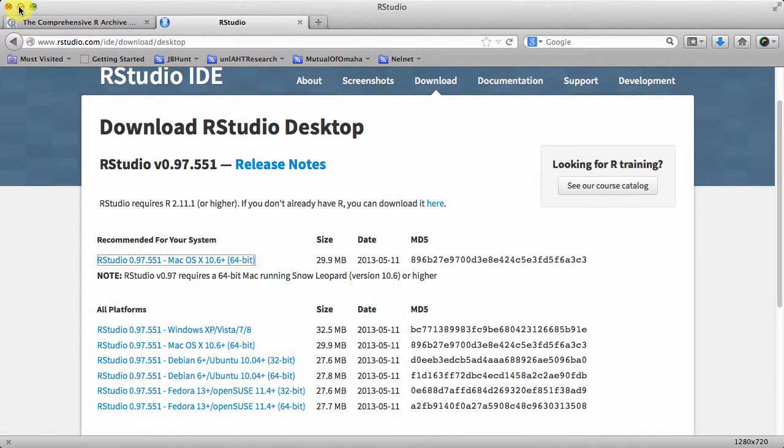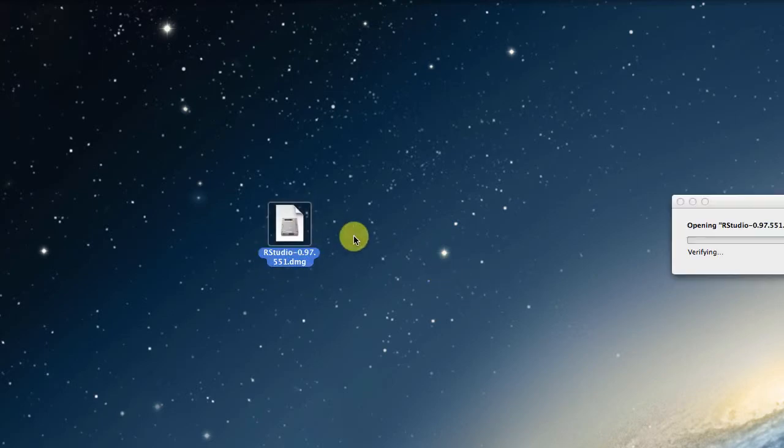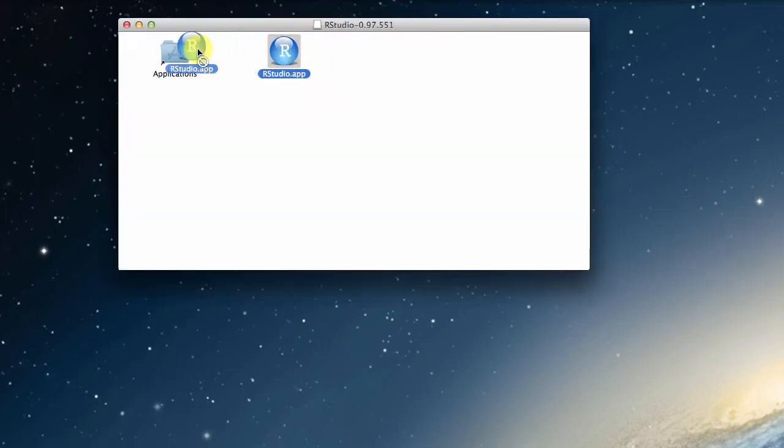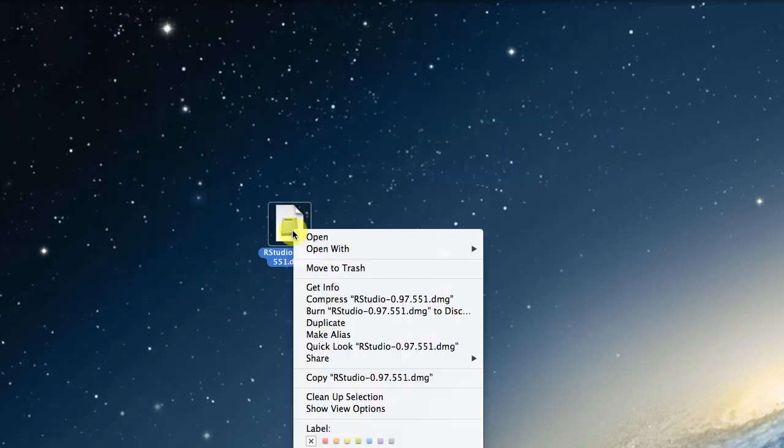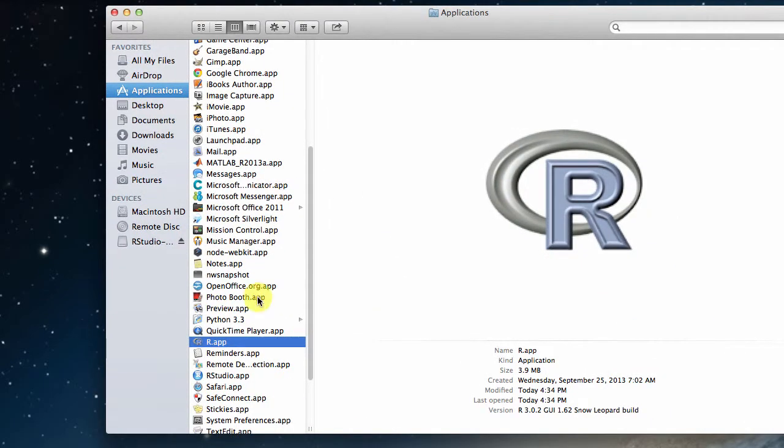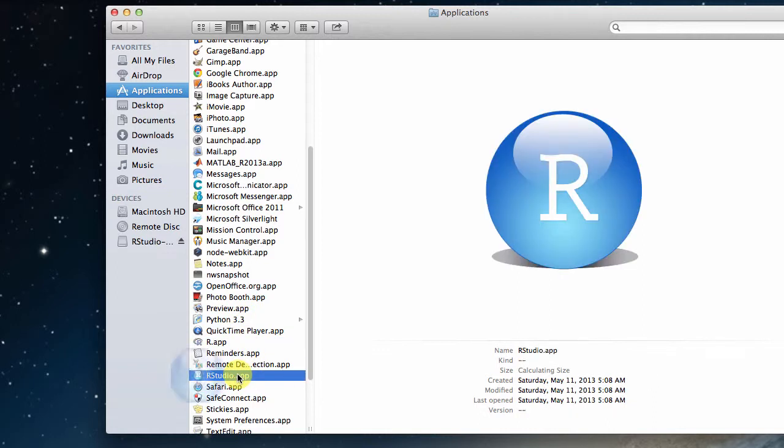So the download is complete. I'm now going to install RStudio, and the package download was here. If I double click, all I need to do is drag this into my applications folder, and if I close this window now, I don't need this on my desktop. I go back to the Finder window, and within my applications there should be RStudio. So if I click on RStudio now,